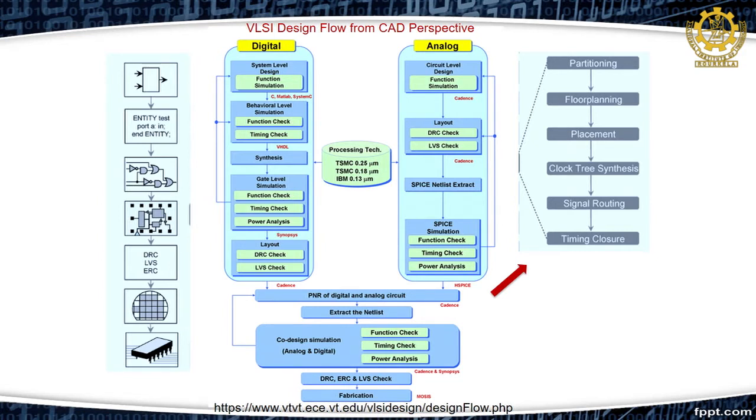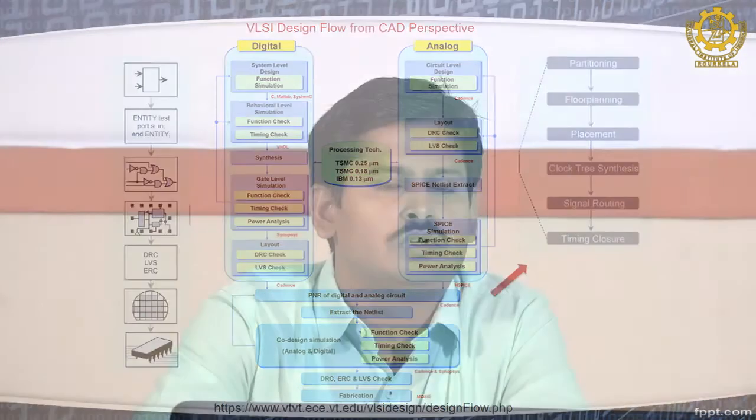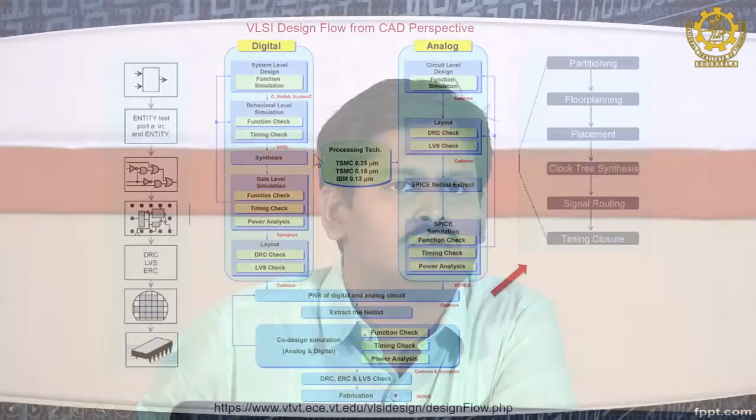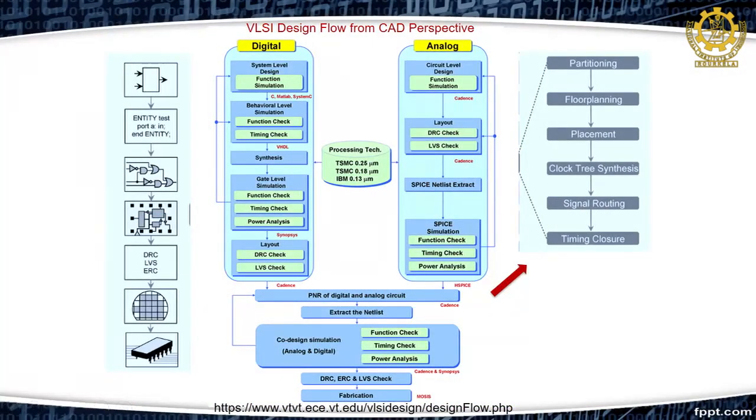So, again we have to do functional simulation of those gate level files. We have to do timing analysis and power analysis, and followed by that each gate can now be represented by transistors. So, we have to create a transistor level netlist out of that. Mostly we take help of CAD tools to design the transistor level netlist. We also discussed DRC, which is called design rule check, and LVS, layout versus schematic. Once DRC and LVS are done, your digital design flow is almost over.